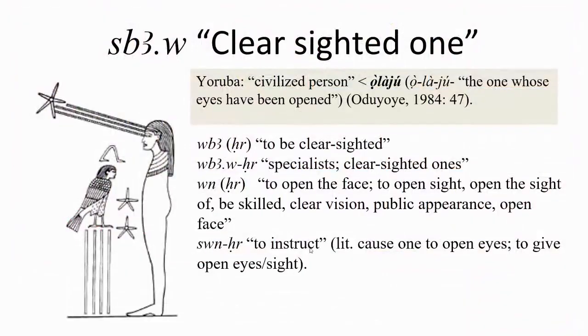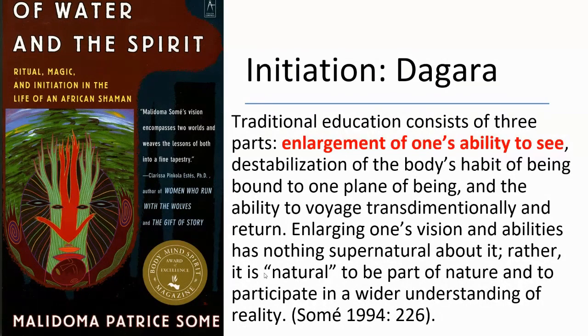And so when you're following the path of the sun, you're following the guidance and things from an enlightened individual who has shined their light upon you, which helps you. They shed their light on your face, like this Seba star is doing to this individual here who's going through initiation. And so going back to the Dagara tradition, Malidoma Somé informs us that traditional education, this is what we mean by initiation. We say initiation like it's super special and religious, but it's not religious. It's just simply the educational process of a community.